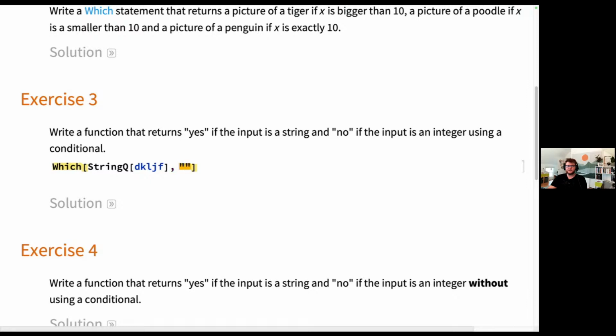And it looks like we want to return yes if the input is a string. And then we can use our IntegerQ function for our thing, and we're going to want to return no